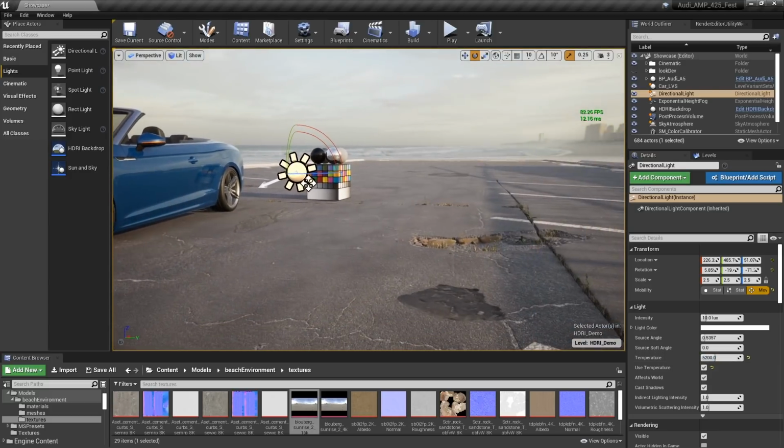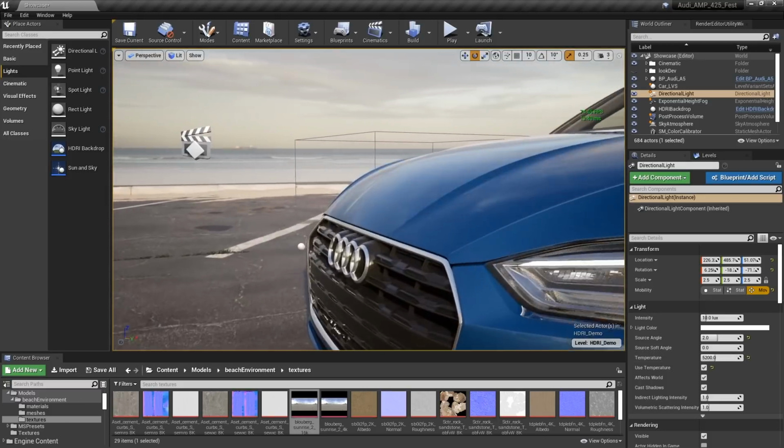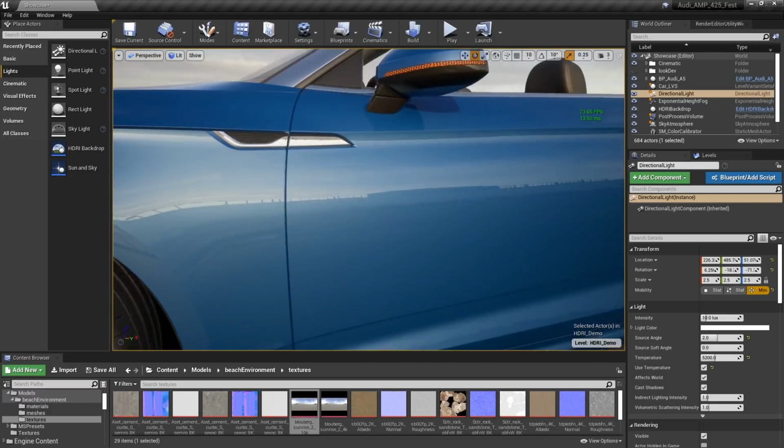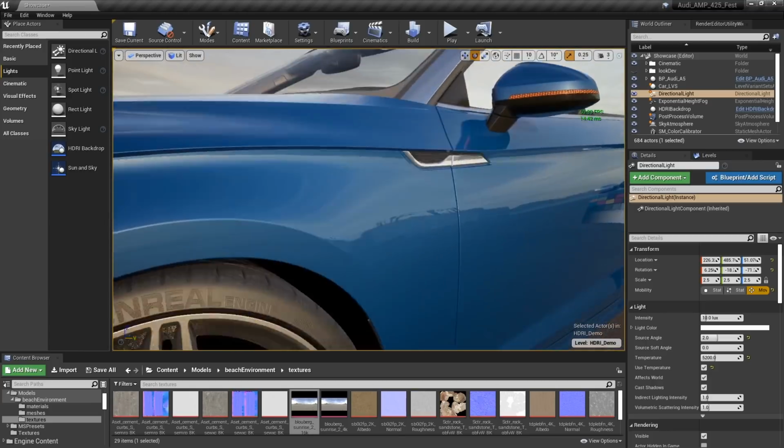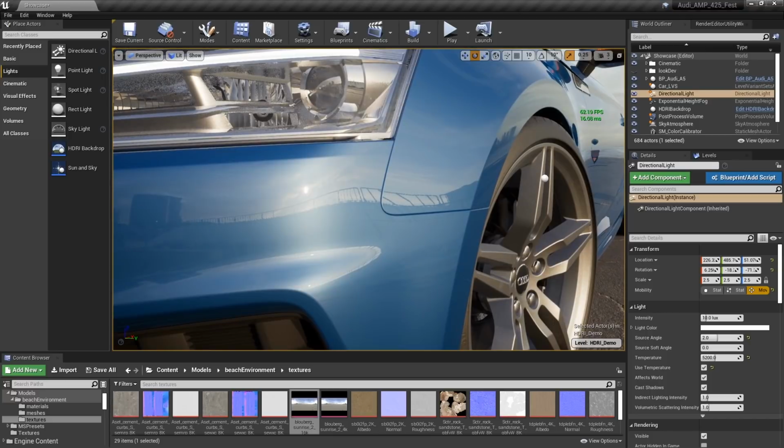So the next thing that I want to do with this light is increase that source angle. I want to have softer shadow. So I'm just going to put that to a value of 2. And I might actually lower this down a little bit more, something like that. And I may also want to give it a little bit of source angle. So if we look at the paint on this vehicle here, right now I have all the bells and whistles turned off. So I'm going to give this a little bit of source angle. You're going to see it's going to increase the size of that sun ever so slightly.